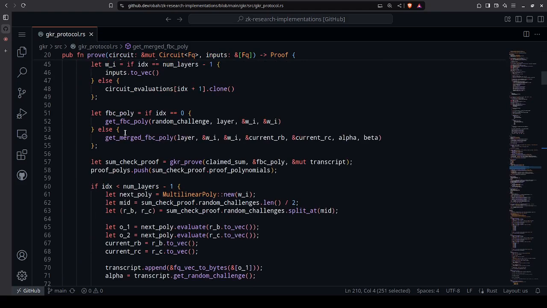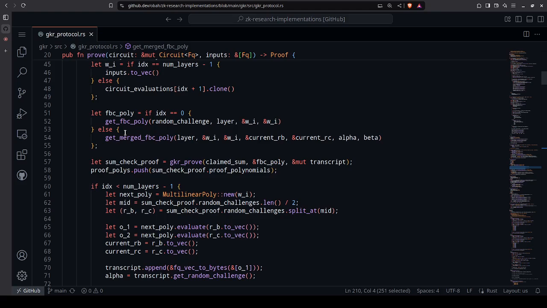After we get our ABC polynomials on either layer, we now want to perform some check. We are trying to prove that our ABC polynomial is equal to a claimed sum, either the claimed sum of this layer or for the next layer. For whatever layer, I want to prove that the ABC polynomial